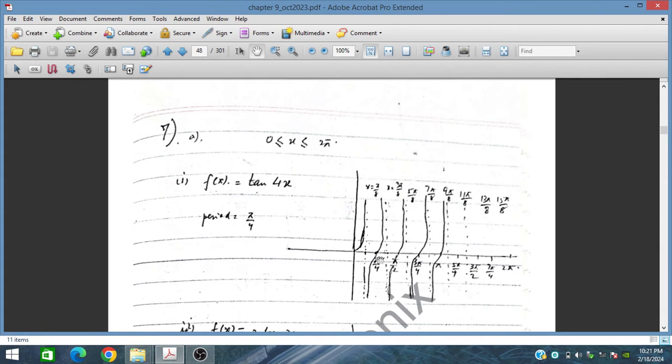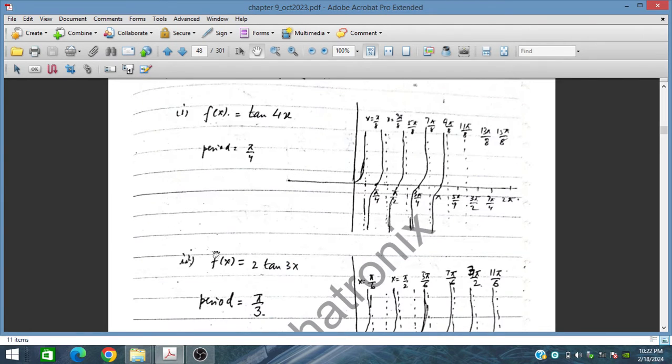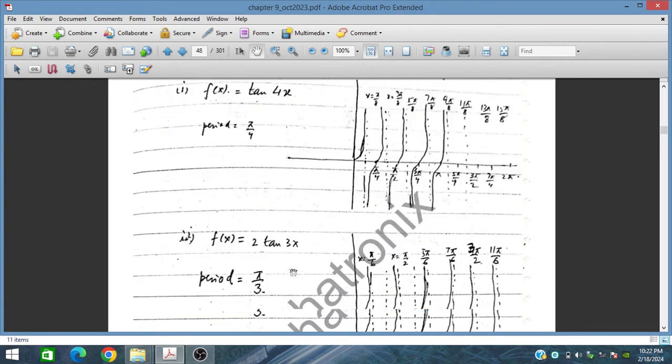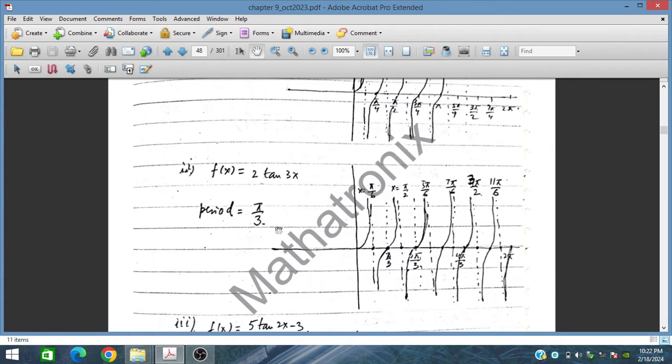So at this point we have 3 pi by 8, and similarly 5 pi by 8, 7 pi by 8. Similarly, this is all. And at these points we have pi by 4, pi by 2, 3 pi by 4, and this is pi, and so on. So this is a plot, and for f(x) = 2 tan 3x, here we have the period pi by